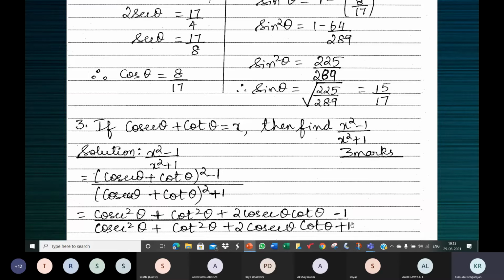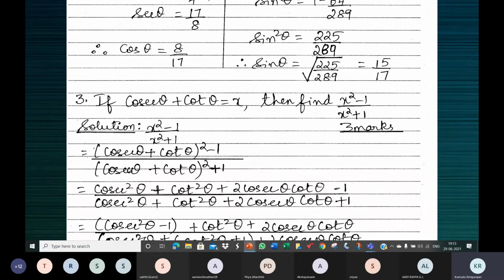Cosecant square theta. So you group so that you can get some result using the identity. There's nothing like you should do this with this. In the numerator, we do cosecant square theta minus 1 simply because cosecant square theta minus 1 is cot square theta. That's all. See, in the numerator it is minus 1, here it is plus 1. In the denominator, we do cot square theta plus 1 because we know that is cosecant square theta. So we group like that accordingly.